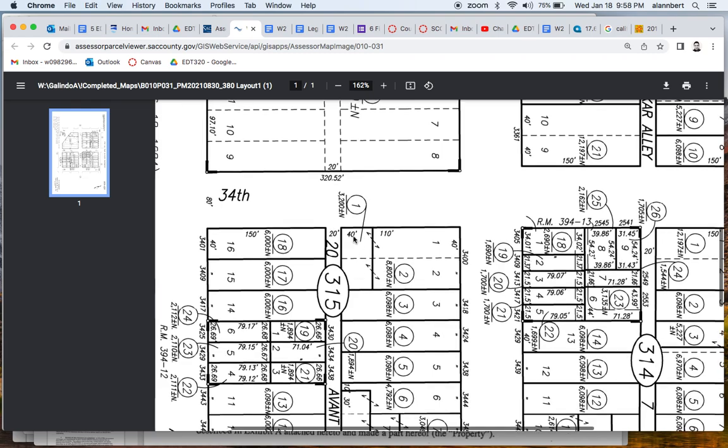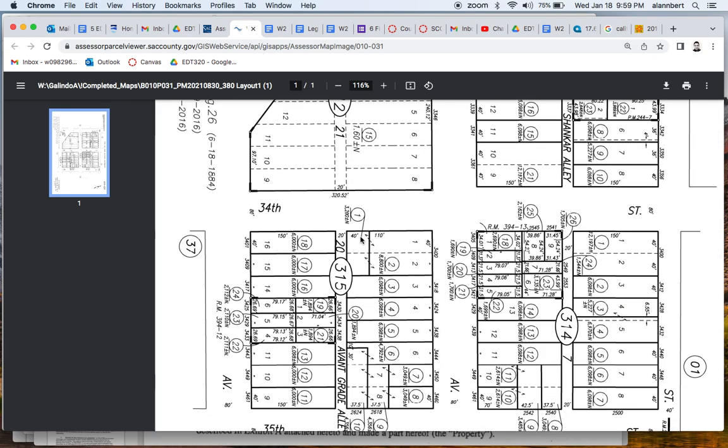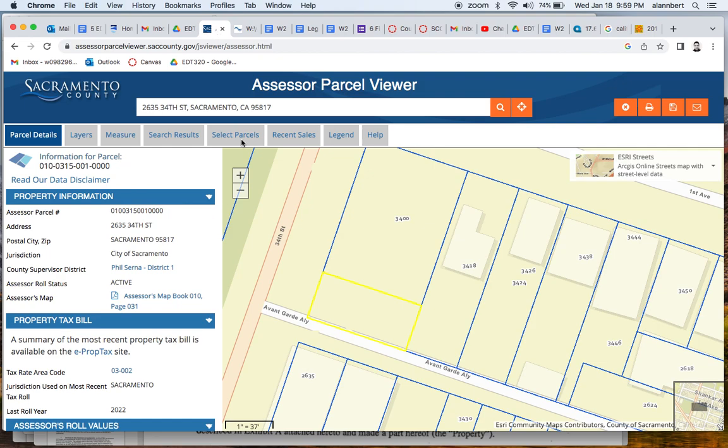But how do we know it's a rectangle? Well, whenever you sell a lot, it has a legal description, and we're going to discuss that in a while. But if we look at our assessor's parcel map, we can see that our lot is a rectangle, but it's not